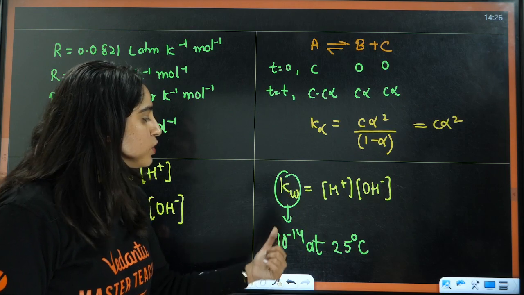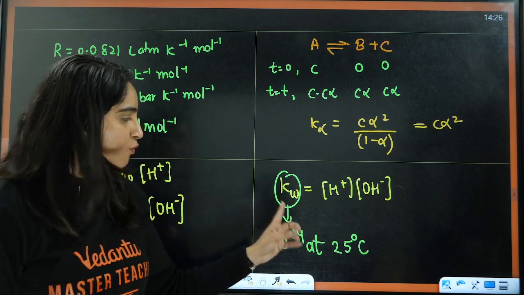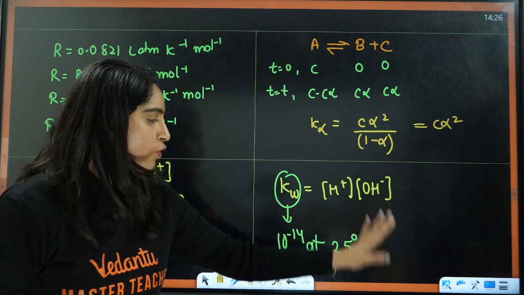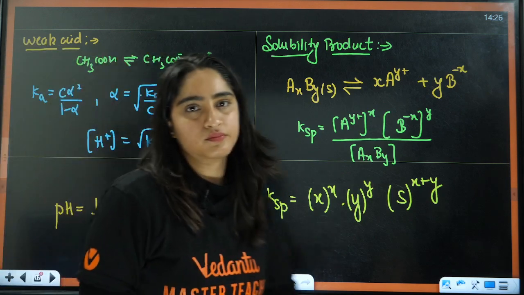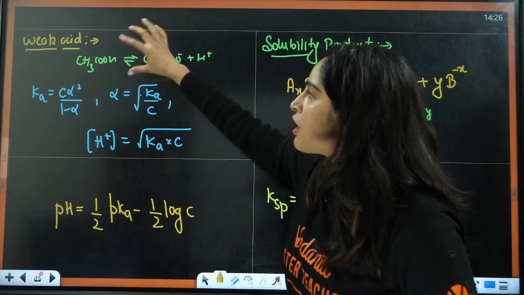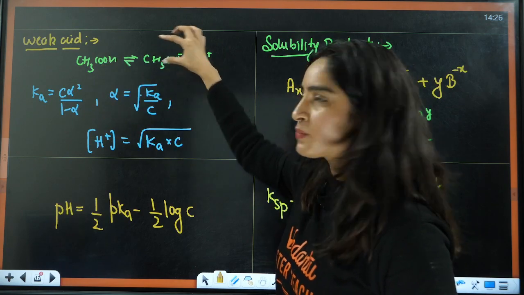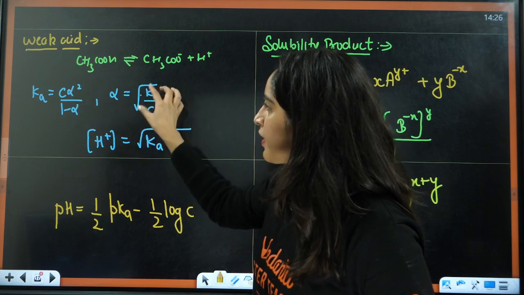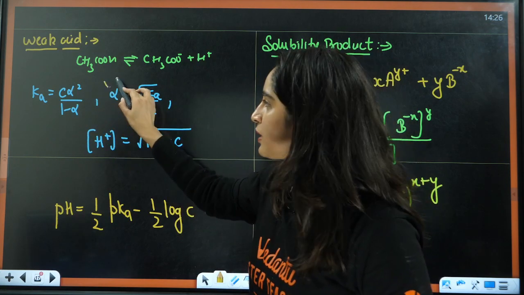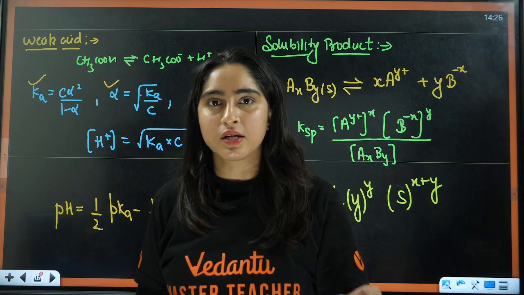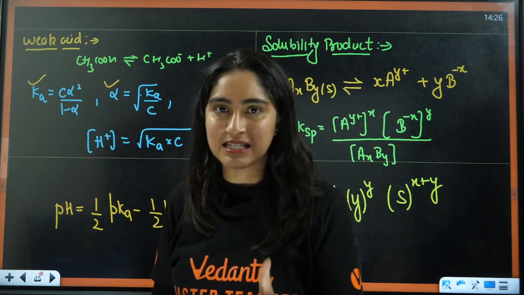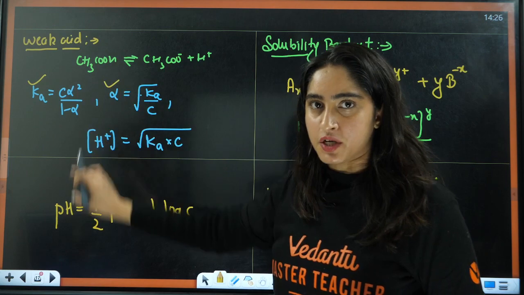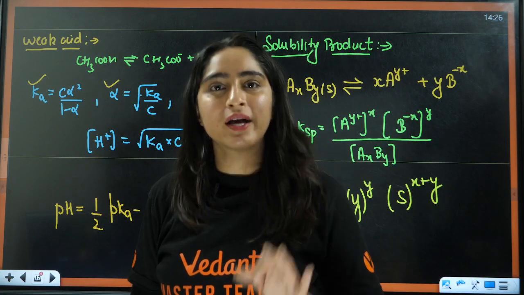Next we have this Kw. Kw will always be equal to, this is for water, 10 raised to the power minus 14, and this is equal to the concentration of H positive times OH negative. Next we have, for weak acid, again in a similar way, you have this weak acid that is not fully, it is partially dissociated. So in this case, C alpha square by 1 minus alpha. In this case, all the 3 values, you have to learn these values. These are also according to the question itself. When we solve the numericals, we will study this in detail, right? Do not cram the formulas as they are. These formulas are just for this particular reaction. It depends on which kind of compound you are given, right?